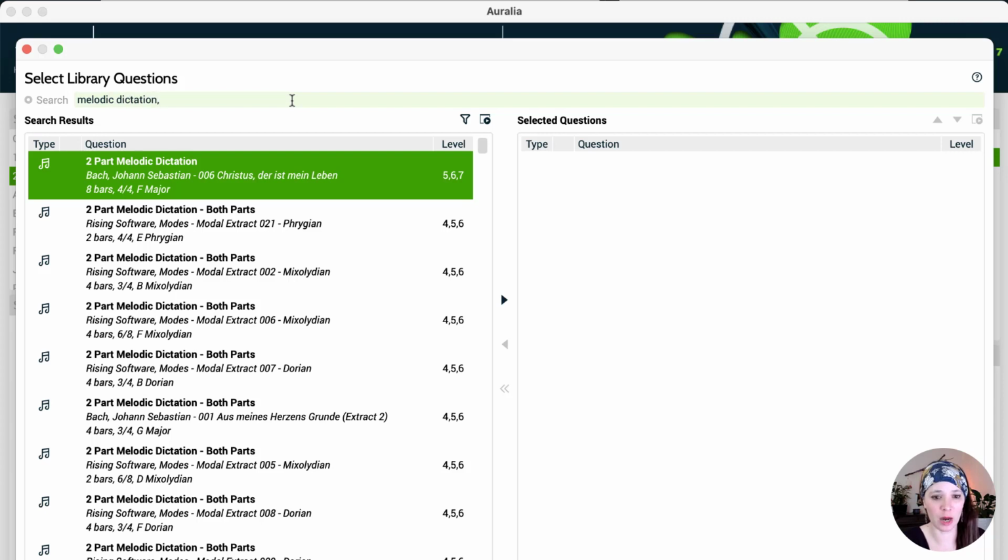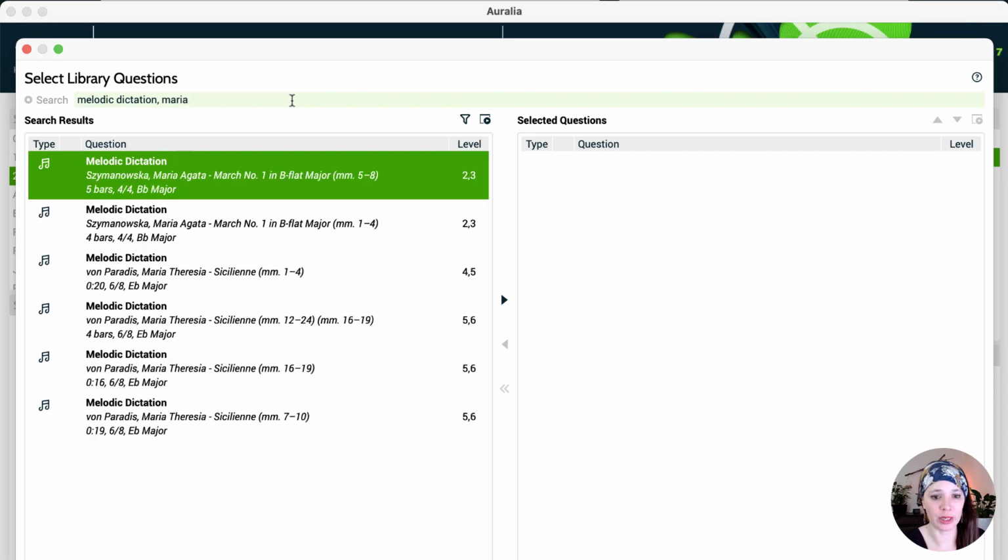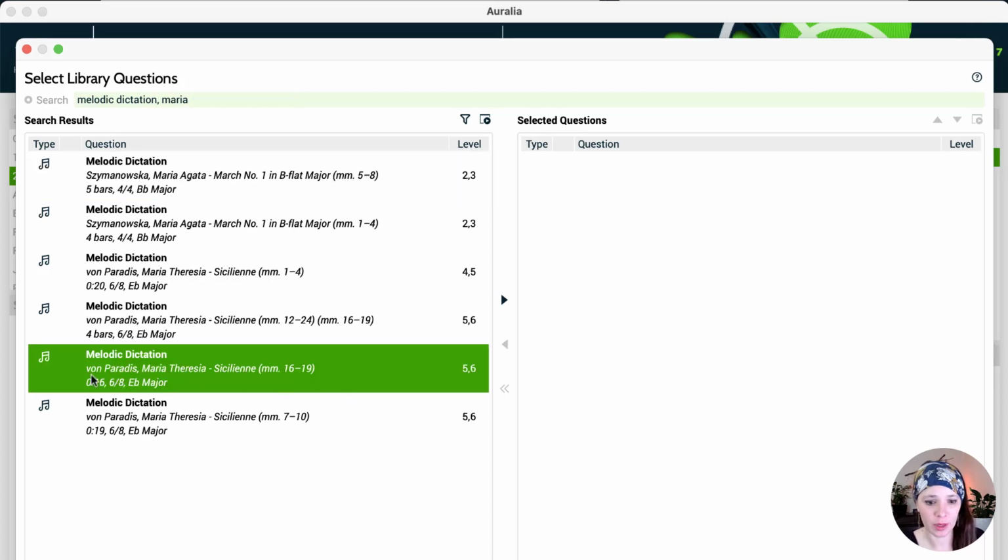And then you can use a comma to separate out your parameters. And I'm going to look for Maria von Paradis. You can just type in Maria. There's only 2. We are working on always adding more women composers. So now we've got these selections, and I'm going to pull this one right here, which you can tell by